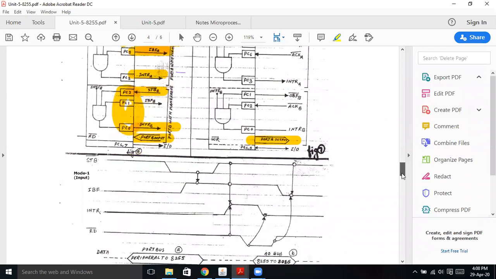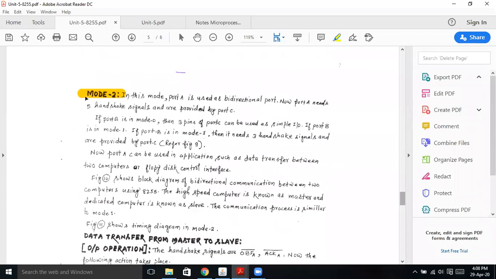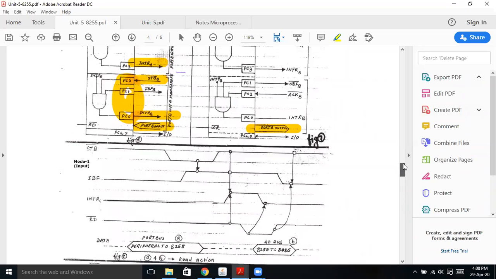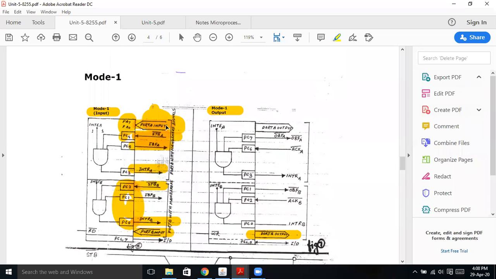This is mode 1. Now comes mode 2. In mode 2, only port A is available, but the specific thing about mode 2 is that it is a bidirectional port. That means in mode 1, as I explained, the port can be either an input port or an output port, only one at a time.